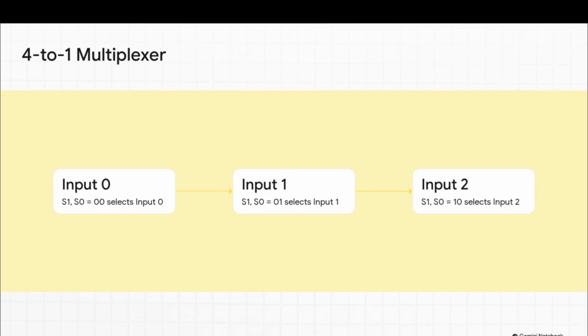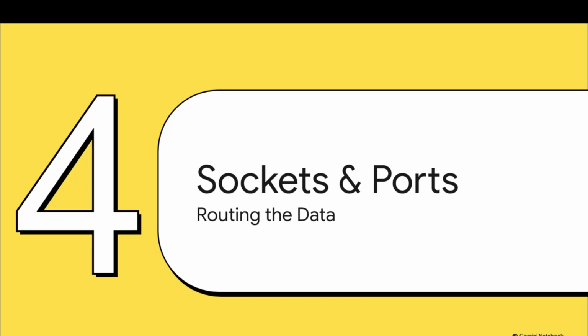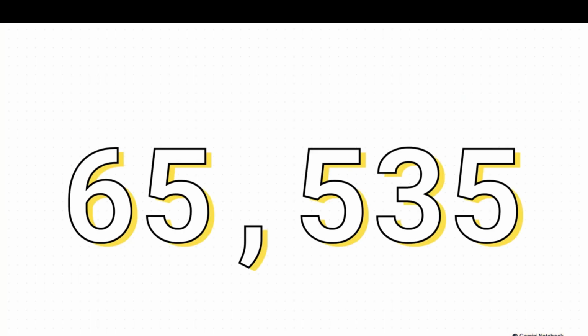It's just rapidly changing binary voltages, switching streams of data on a microscopic level, all happening in mere fractions of a millisecond. Let's move on and see how this builds as we jump into Section 4, Sockets and Port Addresses. Okay, so the hardware can physically switch signals, but how on earth does the network actually know where to send them? Well, check out this number right here,